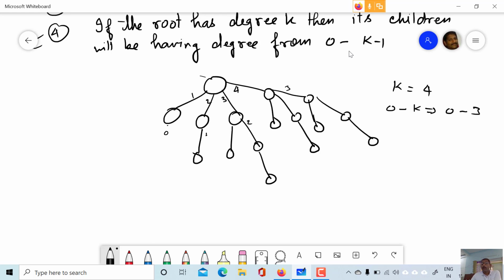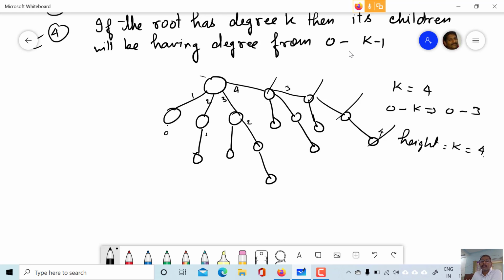Okay. Height. The second rule was about height, that height is also equal to k. So you can see here, what is height? Height is the maximum depth. So in this case the maximum branch is this one. So 1, 2, 3 and 4. So you can see that the height is 4 in this case. This is 1, this is 2, this is 3 and this is 4. So the height in this case is k, that means 4. In this case also.